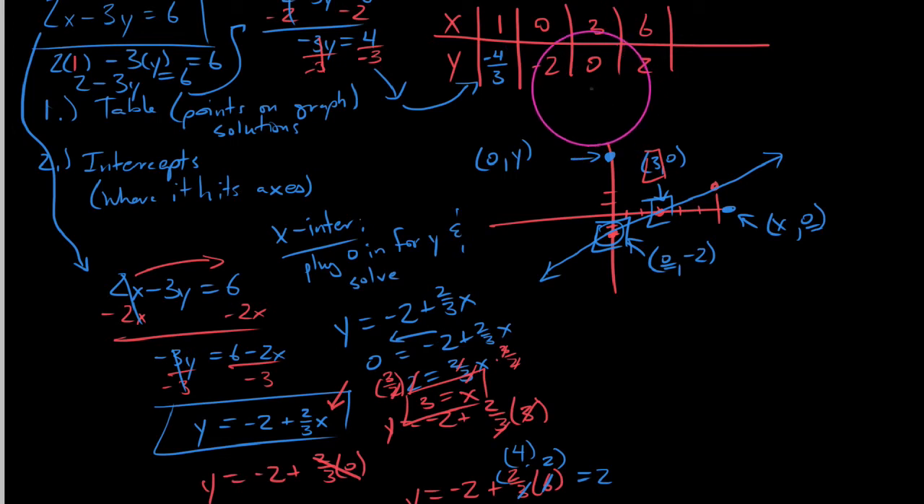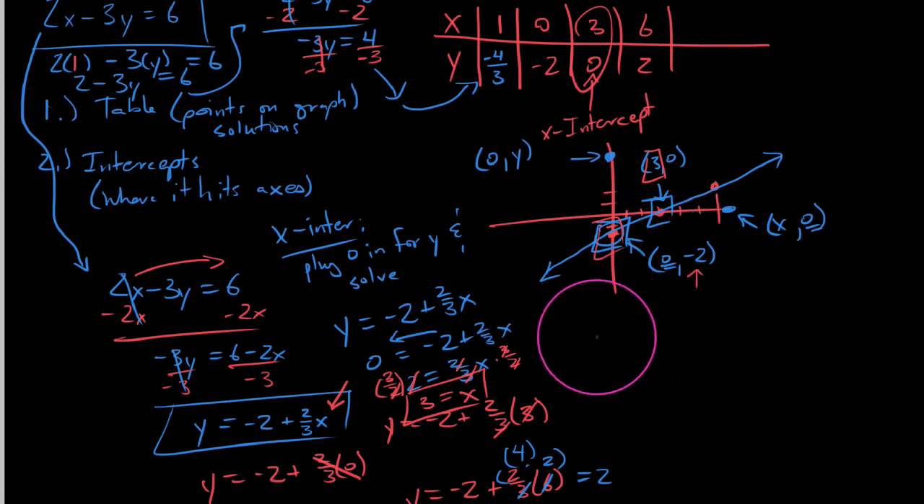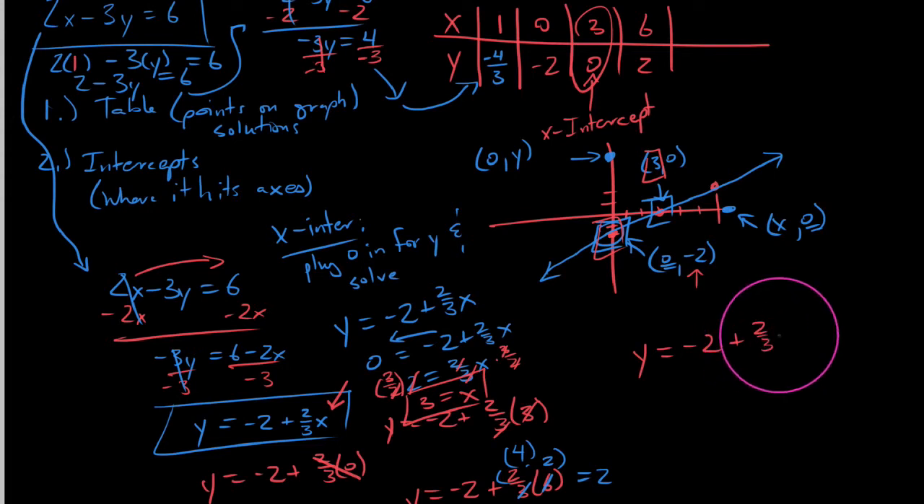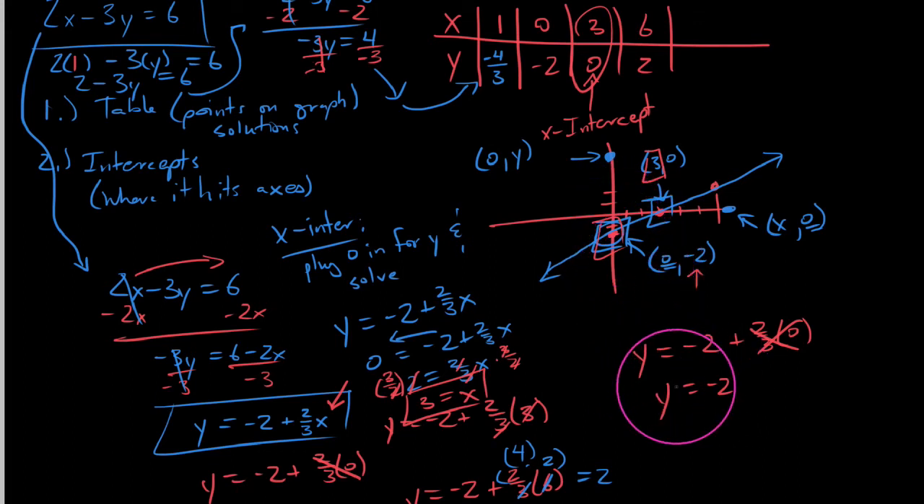Okay, and so that's something we actually had on the table up here. We say this is our intercept. And since we plugged in 0 for y, this is our x-intercept. And to find the y-intercept, okay, we know it hits at -2. We'll plug in 0 for x. So we say y equals -2 plus 2/3, and we'll plug in a 0 for x. But that causes this term to drop out. We get -2. So it does indeed hit here. So we'd say this is our